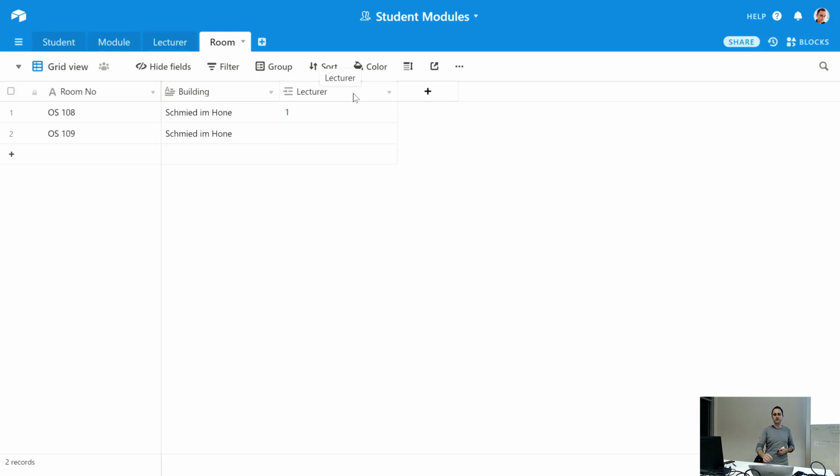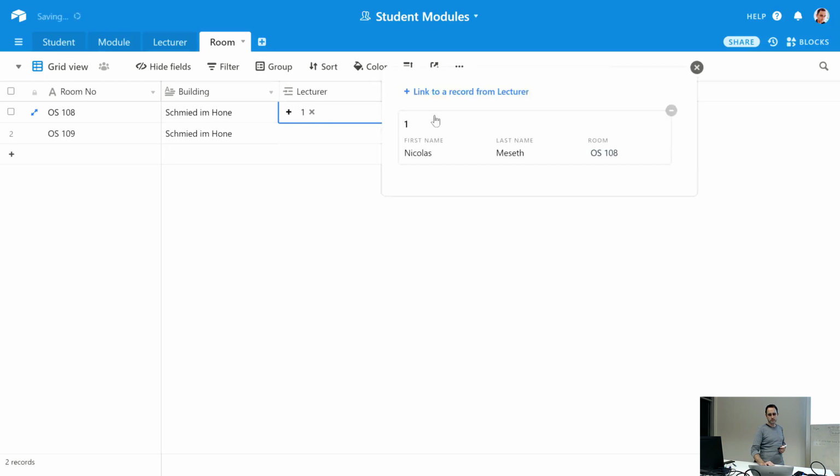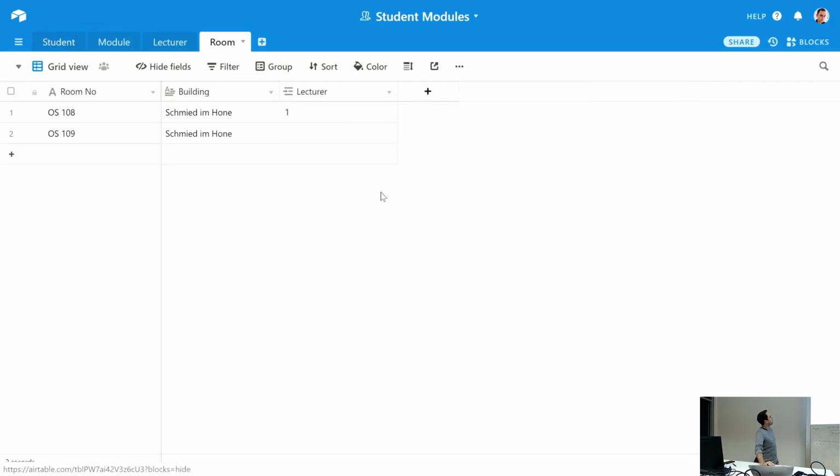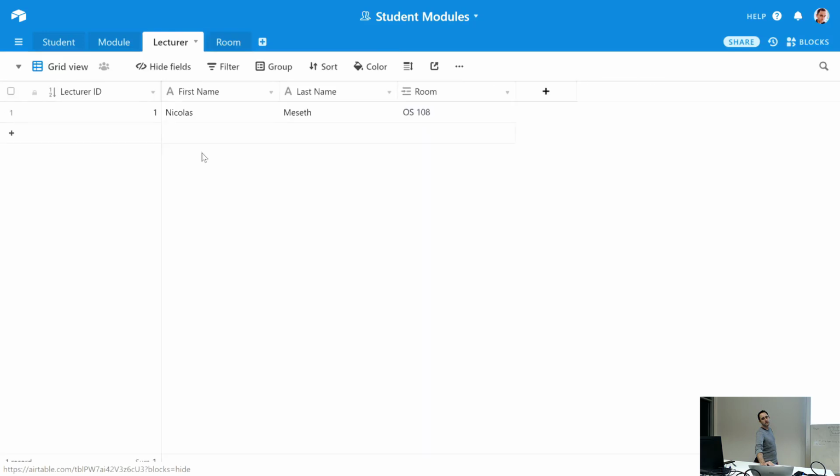For example, in this case we can see, okay, in room 108 there's the lecturer with ID 1, whoever it is, but we can click on expand, and then we see the whole record. So okay, that's me. And we could also add, from here we could add a lecturer to this room if we wanted to do that. This is nice, on the one hand. On the other hand,